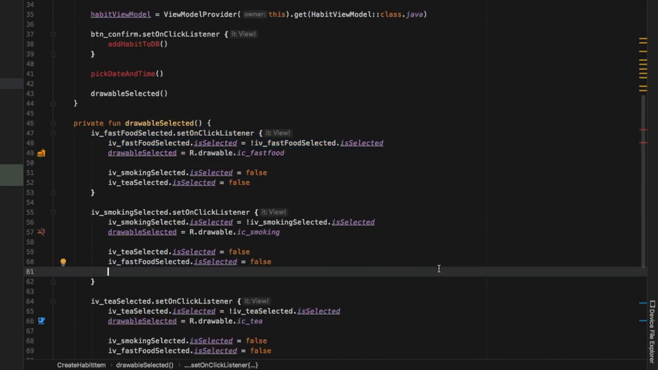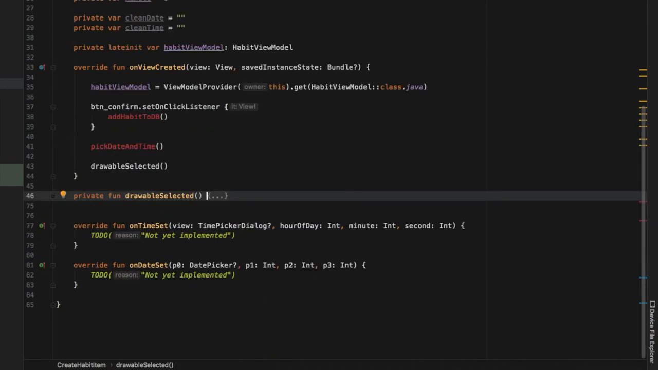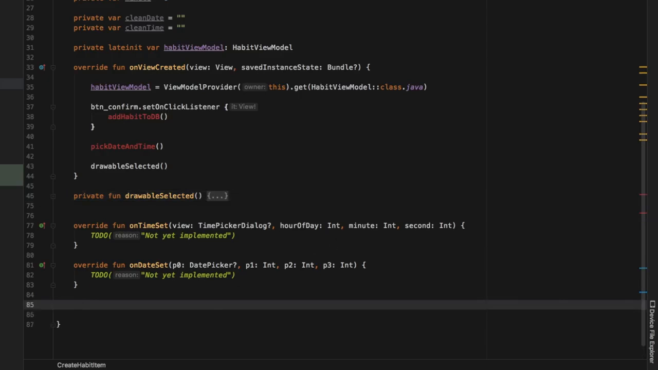It's just going to help us pick an icon for our database and to display in the card view when we add a habit. But now let's just collapse this function so we have some more room to see what we're doing. And the next thing we want to do is set up our calendar. And right before that, we want to get some calendar instances. And this will help the user pick the current date and time because it will default it to the most